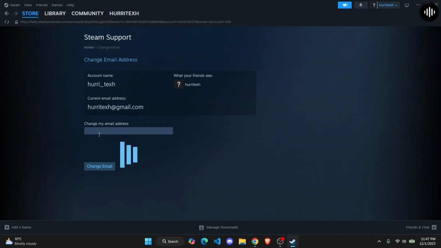and you'll have an option to change your email address. Just enter your new email address here, tap on change email. It's going to send a verification code again to your new email address, verify it, and you should be able